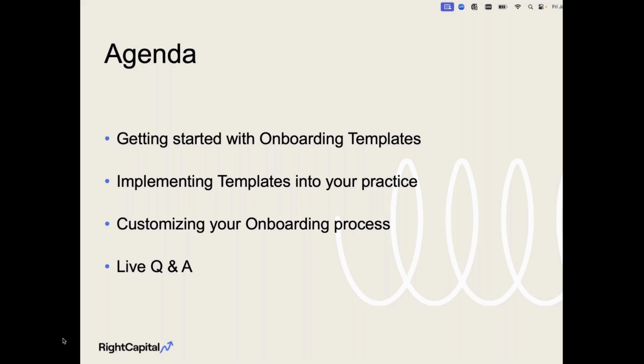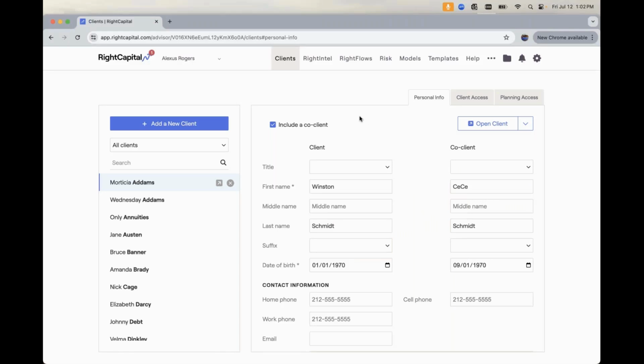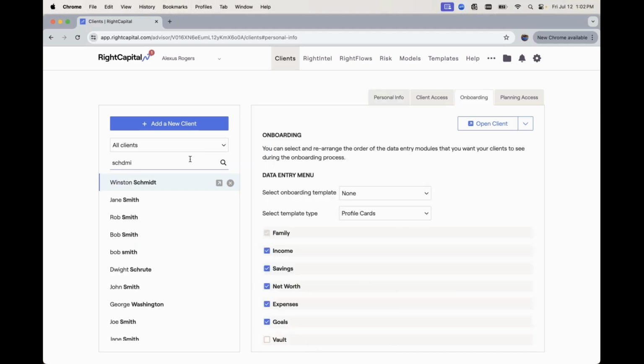So shifting gears into RightCapital, we might be familiar when we first add a new client. The default for when we add a new client is that we're going to be brought to those initial 6 steps of data entry. But now if we look for a specific client that we have that's still in those 6 steps of data entry, like the Schmidt family, for example,